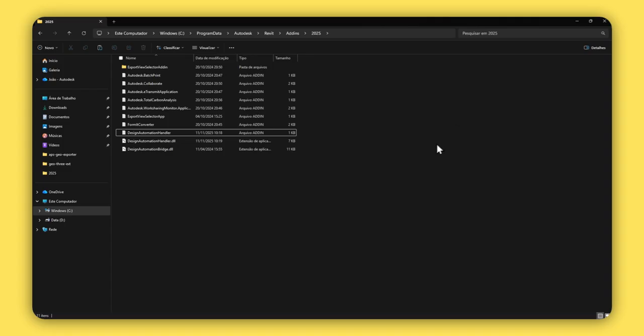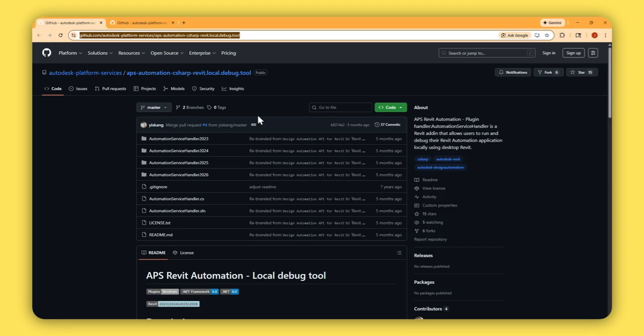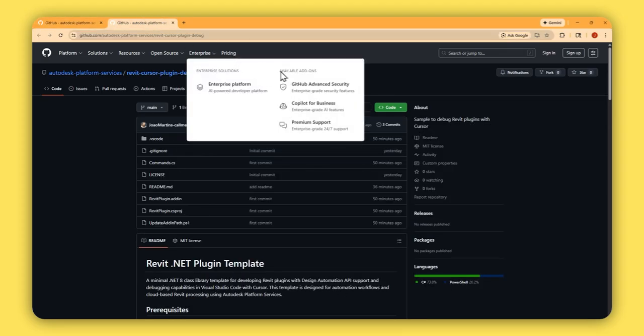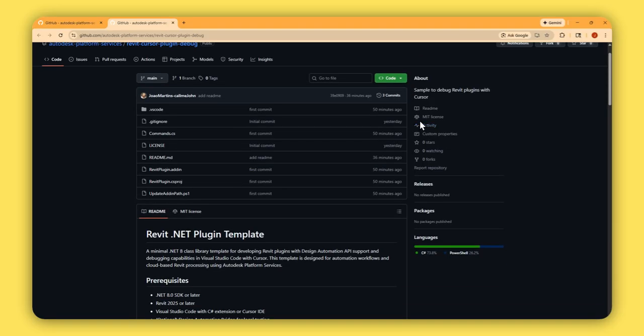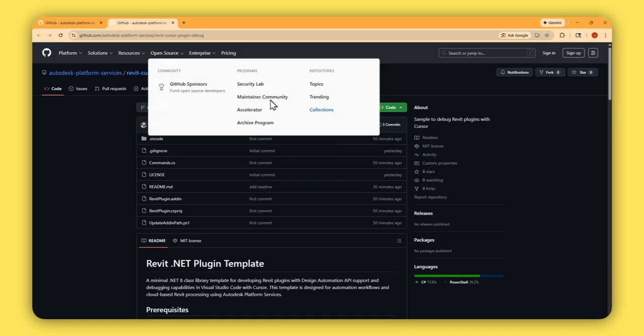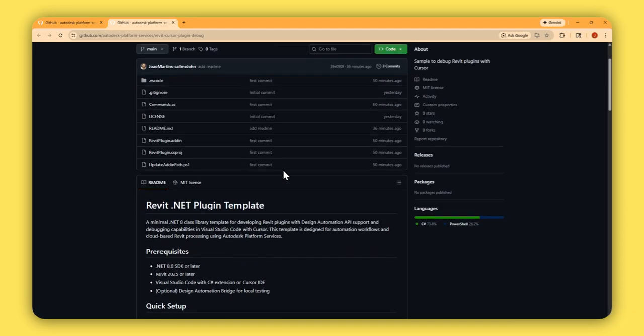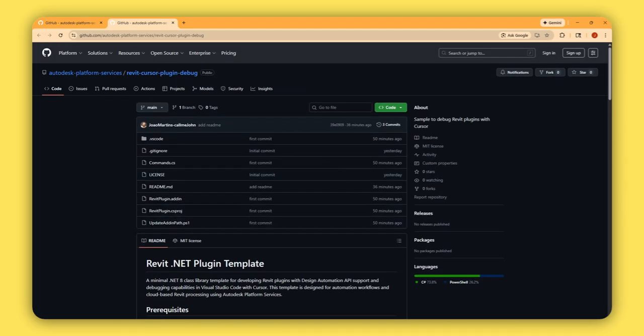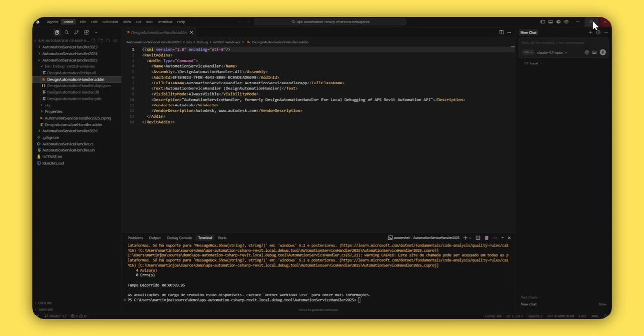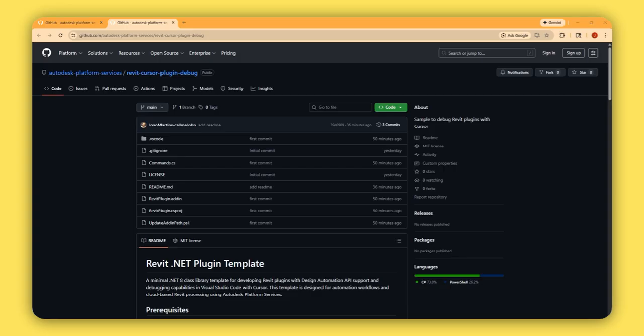Let's leave it like that for now, and now we can move to the part where we actually start debugging our plugin using Cursor. You can leverage this kind of template over here. This repo is supposed to work as a template. So let's open a new window with Cursor. Let me close this one, we don't need it anymore. Open a new window,